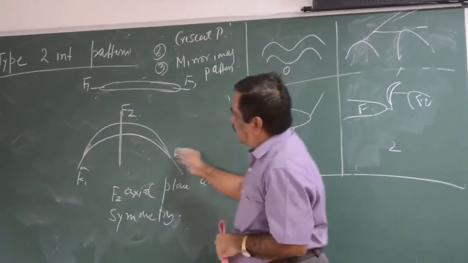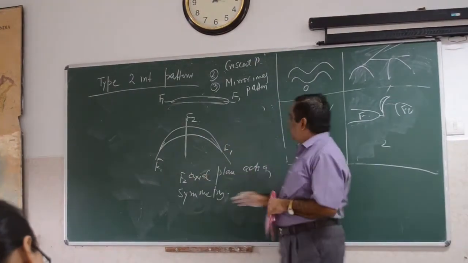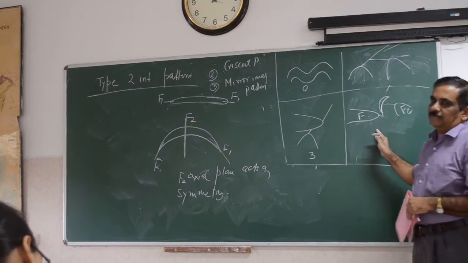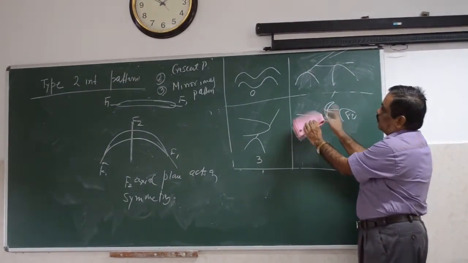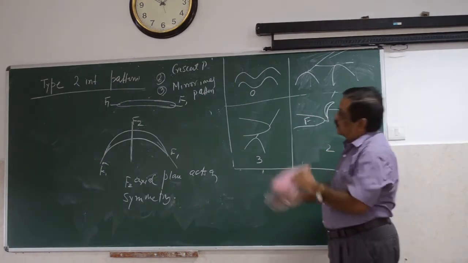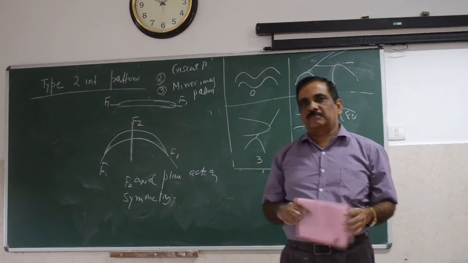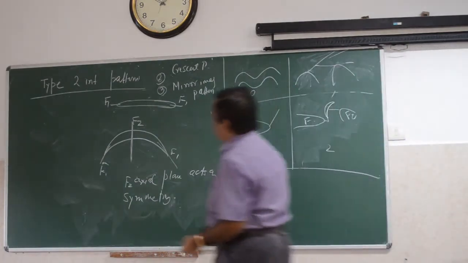So which one is F1? There are two F1 on either side. The central part will be F2. If you remember these diagrams, these are very easy. The F1 fold, with the F2 fold across it. So both sides will have F1s, and the central part will be F2. That is why this crescent pattern comes. Understood now? Now, what he says,